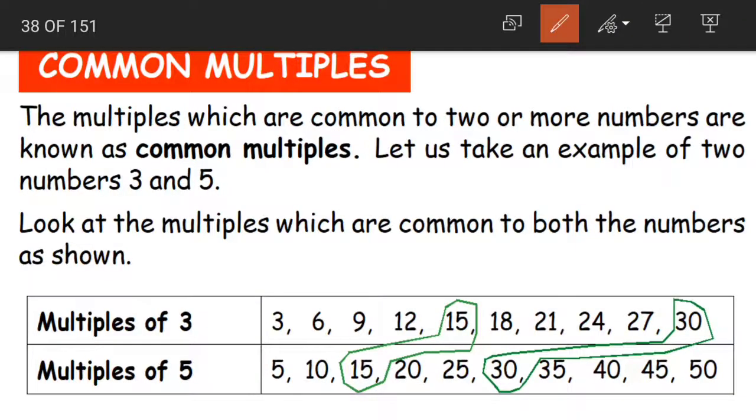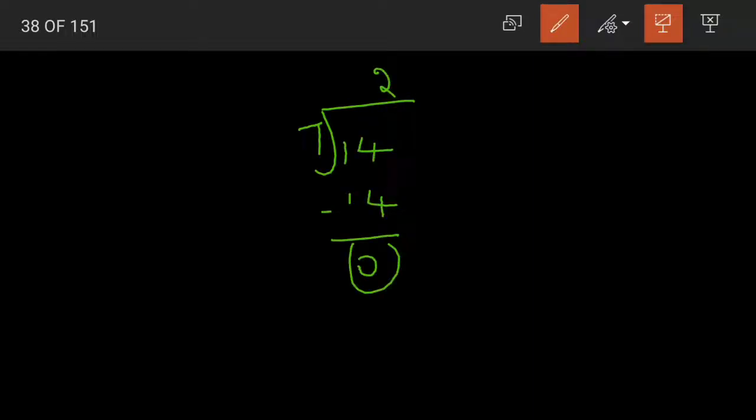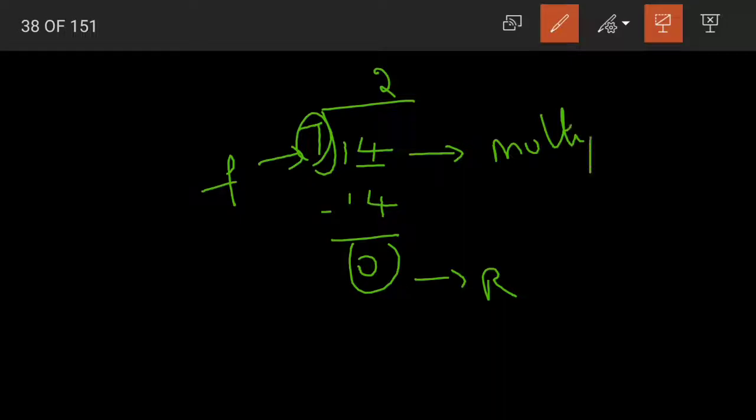So just like common factors, we have common multiples here. Now again, what is a multiple? A multiple is a number. See, when we divide two numbers, say 14 divided by 7, we have 7 twos are 14, and when we subtract, 0 is our remainder. Yes or no? What will we say? We'll say that 7 divides 14 exactly. So 7 becomes our factor and 14, the number that is divided, that is, the dividend here, becomes what, children? It becomes our multiple.